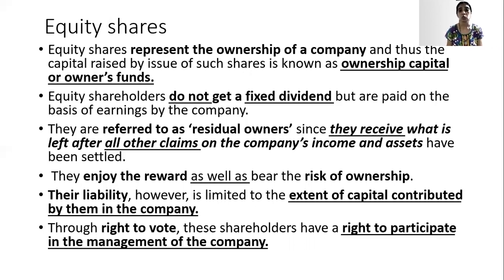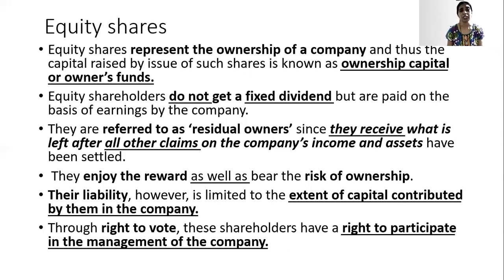But these shareholders also have a risk of ownership. Why risk of ownership? Because if the company is not able to perform better, what will happen? Whatever funds they have invested into different assets, like land, building, machines, everybody who has a claim, their claims are going to be settled first. If something is left, then it belongs to equity shareholders, and that's why it is a risk of ownership. There may be a possibility that nothing is left for the equity shareholder, so that's why it is a risk to ownership.